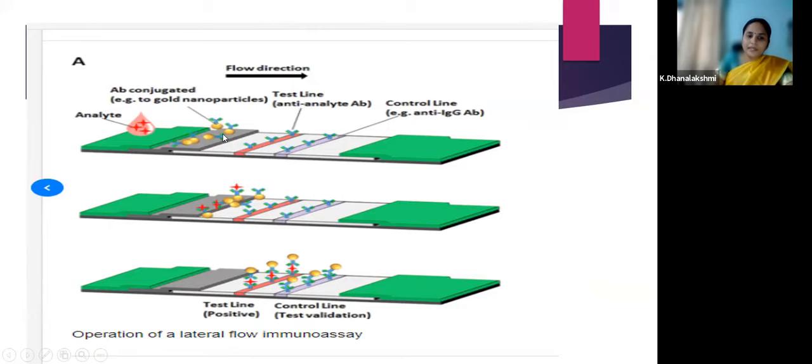How are we going to pick it up? Again, it traverses through the nitrocellulose membrane. Here again, we have the same antibody. Because these antibodies are IgM, acute antibodies are IgM, it is polyvalent in nature. So again, here it combines. Here you have an antigen, here you have an antibody, here it is gold. Again, you have an antibody. So antigen, antibody, again antibody. This complex forms, which makes a clear colored line possible. So this is the principle of lateral immunoflow.